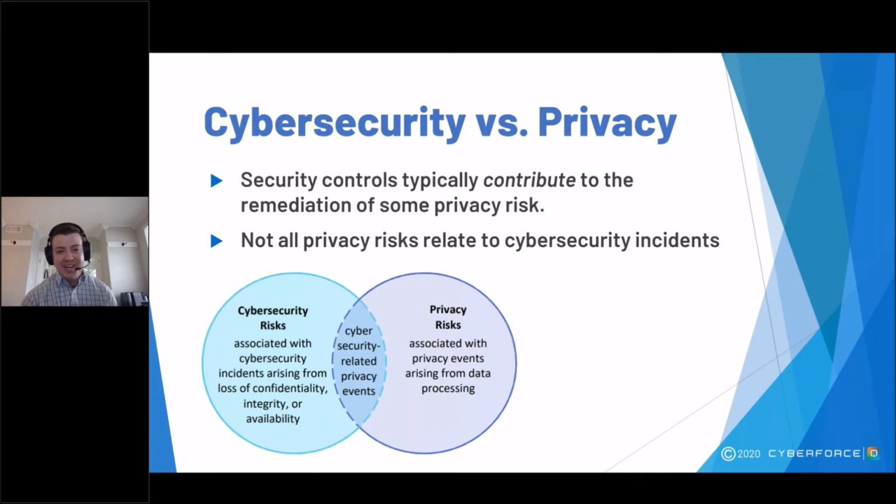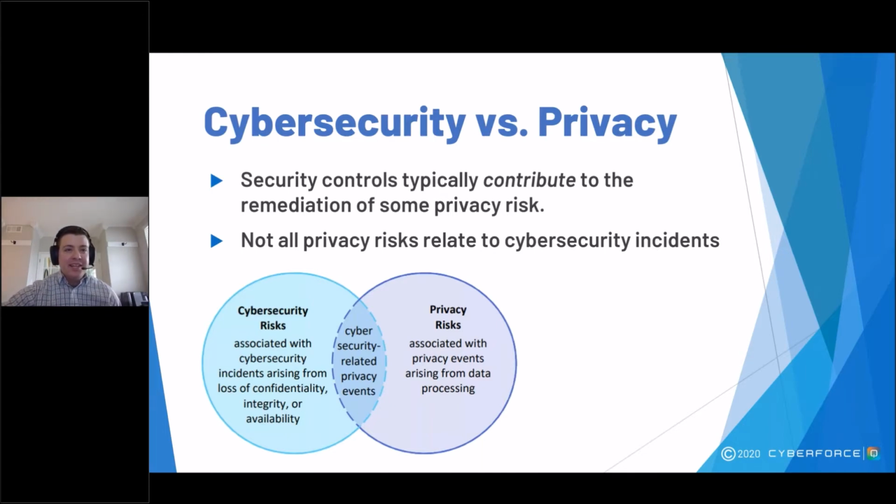You can probably understand the situation I'm creating here. The hospital has reasonable security controls in place, but on top of that, they have a privacy obligation to ensure that the EPHI for this guest and any guest is only utilized on a need-to-know basis. An uninvolved team member might have a legitimate security permission to access this celebrity's EPHI, but if they were to do so, it would be a violation of privacy.